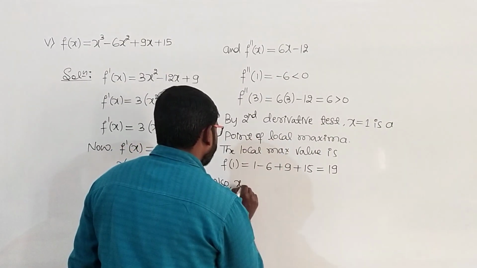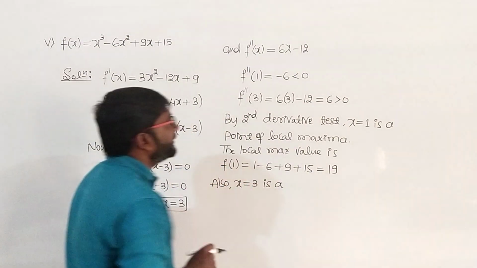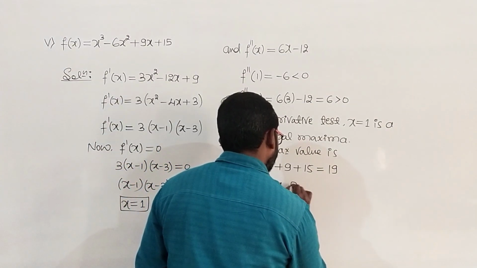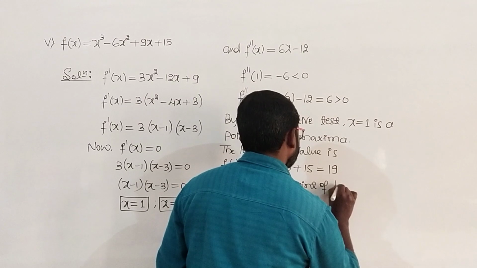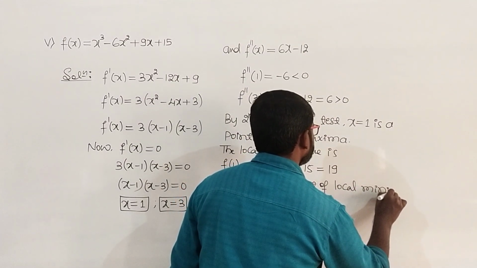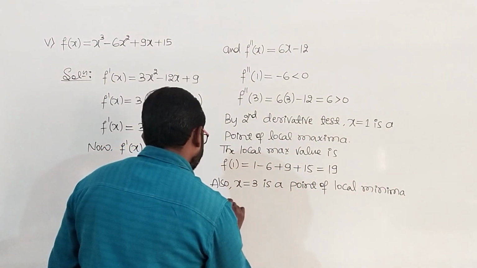X equal to 3 is a point of local minima, and the local minimum value is